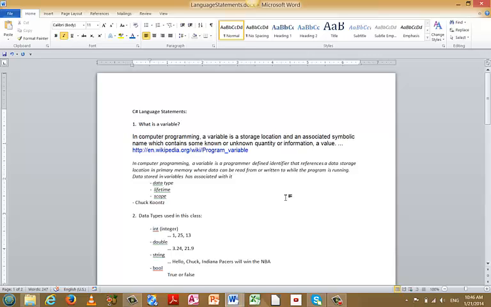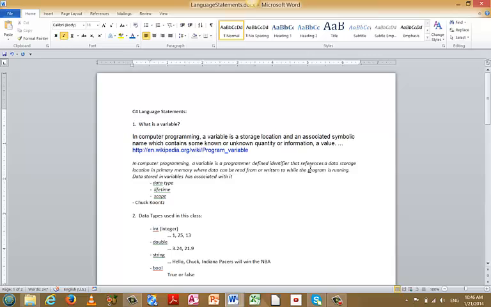Well, it's the programmer, the person that's writing the instructions. And there's some very specific rules that are required for naming variables. And I'll mention those later on, but just understand for the moment that